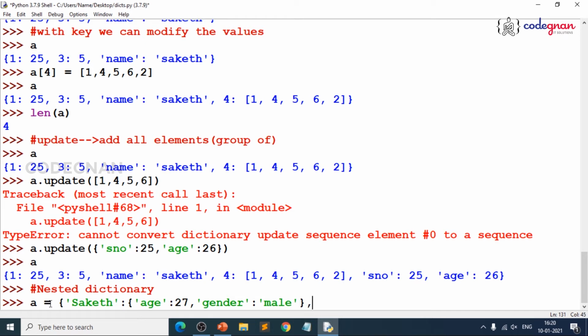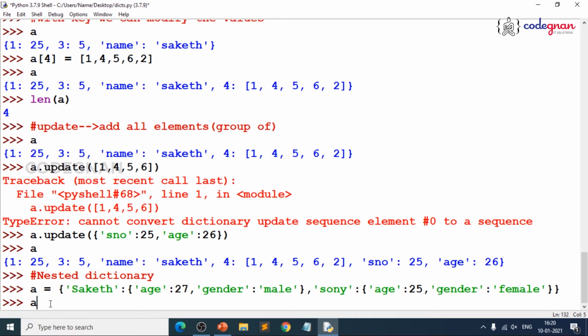Okay, that's it. Now, in the same way, give anything related to other things. If I give Sony, and I give age, and I pass 25 and gender, because you are making the value a dictionary, just be careful whenever you are closing the braces. That plays a key role.